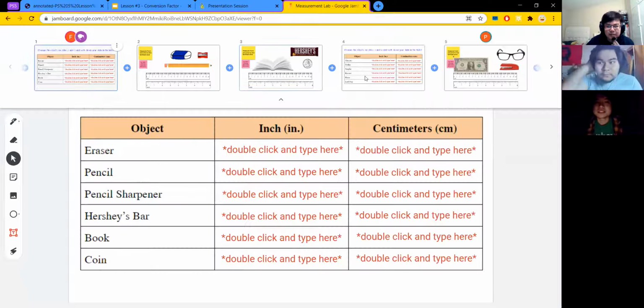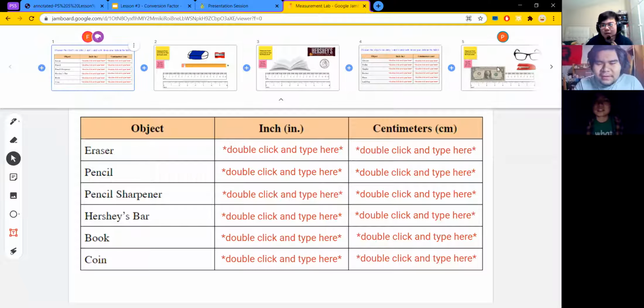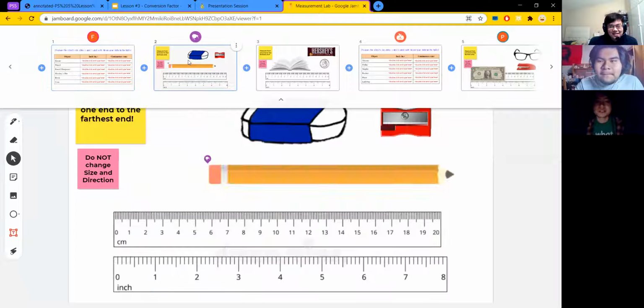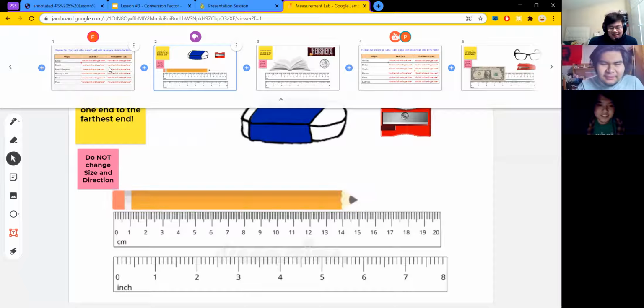All right, so you guys are working on slides 1, 2, 3. Okay, good job. Yeah, Danny will just tell me and I'll record. Okay. All right, so I'll be measuring the pencil first. Okay, in inches? In centimeters first. Oh, okay. Okay, and I see it as